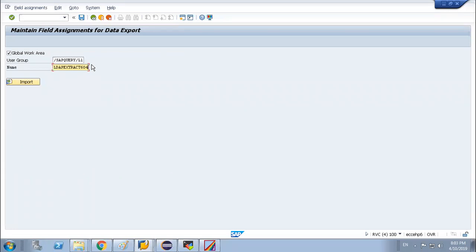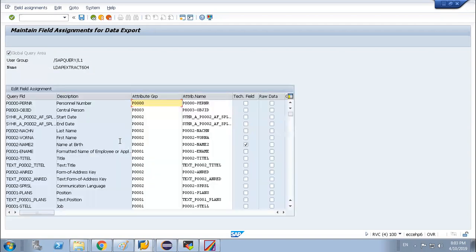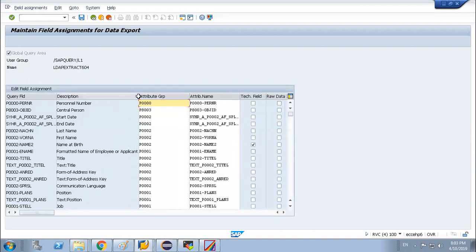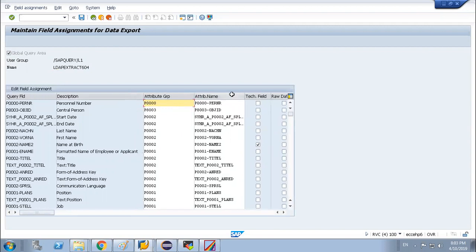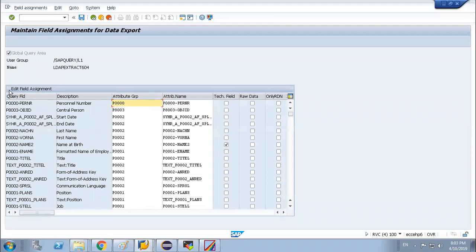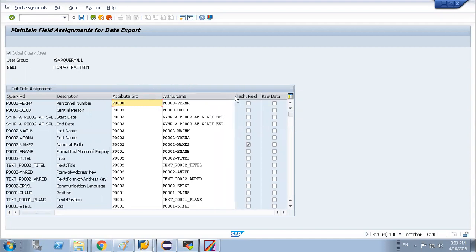Yeah, I'm clear. Okay. So after putting this global working area and this query area, let's click on import. Once you click on import, yesterday, to save time, we updated all the fields. Basically, this side is our IDM query area side, and this side is the attributes of the VDS side.